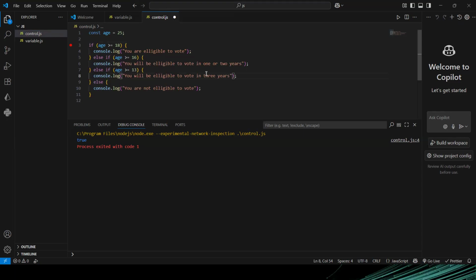All right. So now you can see I have multiple conditions. This is the first condition. This is the second condition. This is the third condition. So let's assume that this person is 12 years old. So if I run this code now,